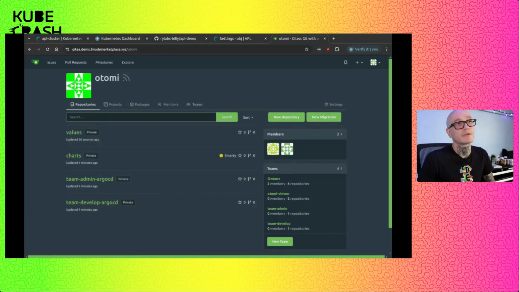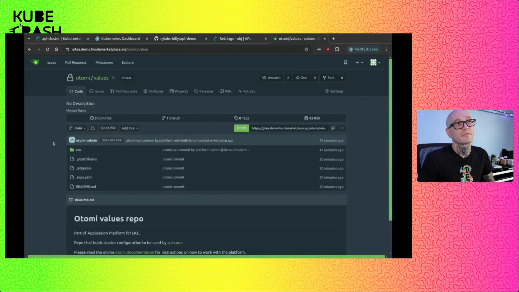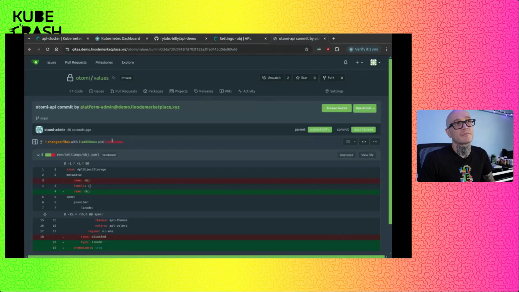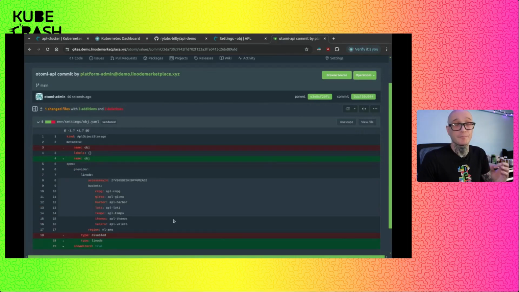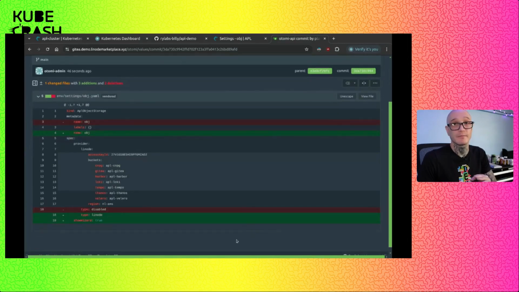And then if we look at this values repo here, we can see that commit with the diff that is connecting our object storage. So again, that's just to show you GitOps, out of the box, pre-configured, no further steps necessary.